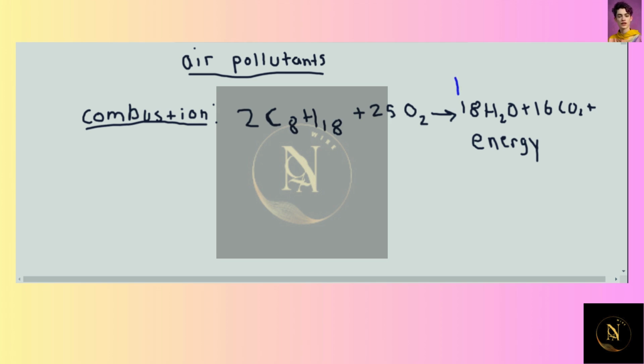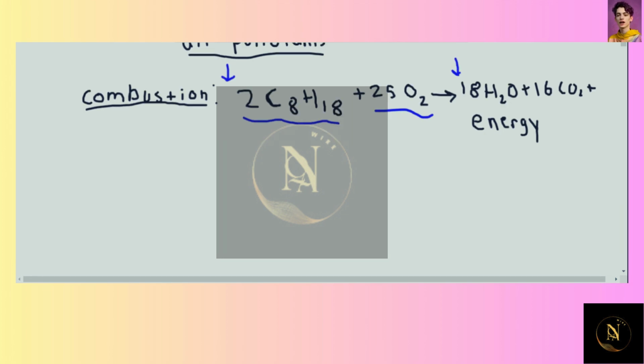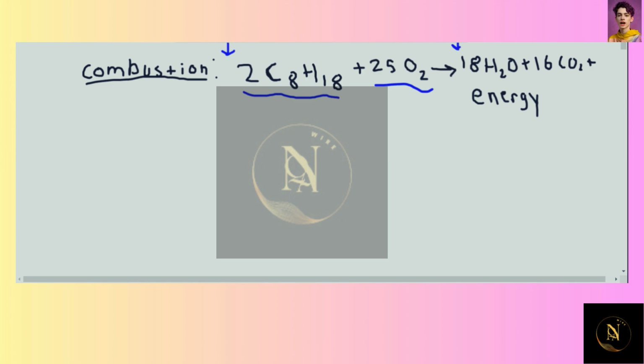So in order for this to go down, we need to decrease the reactants. We need to use less octane or less oxygen. The key here is that oxygen is not a finite amount; we have a certain amount in the atmosphere. And octane is the fuel, that's gasoline. So how can we use less gasoline? Well, this is where the mass transit comes into play. If we use mass transit,